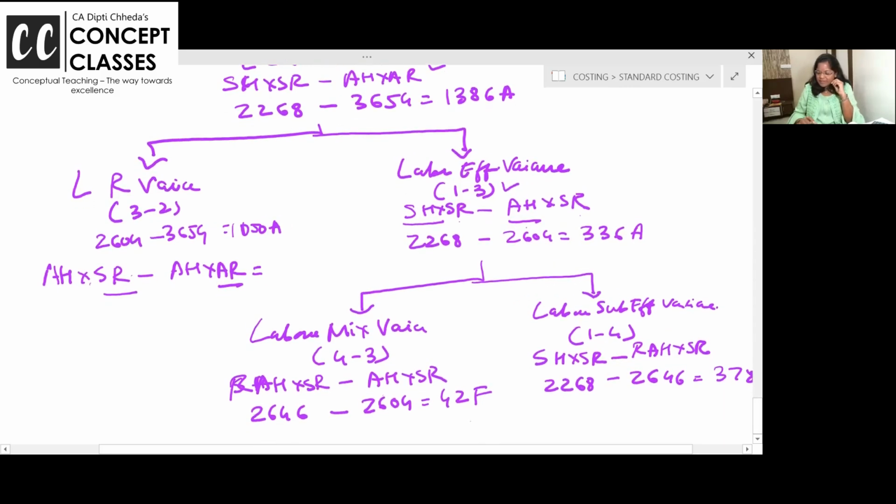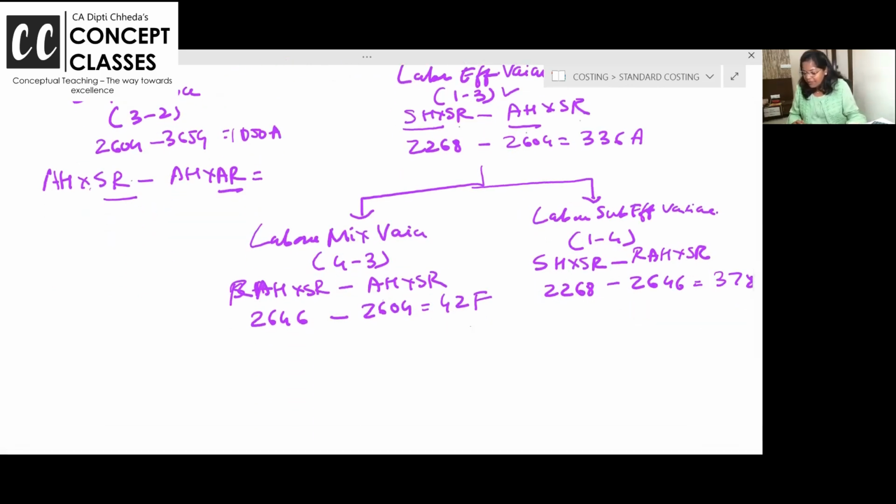Labor cost variance is labor rate variance and labor efficiency variance. And efficiency variance is mix and sub-efficiency variance. Yeah, one more thing is there in this. This is one way of doing this variance. Now all of you